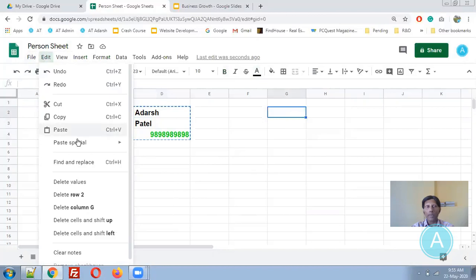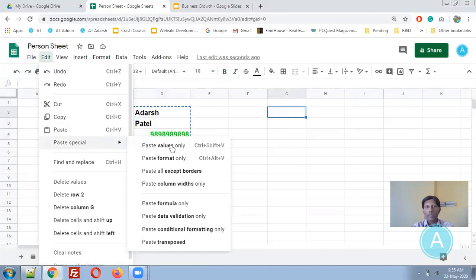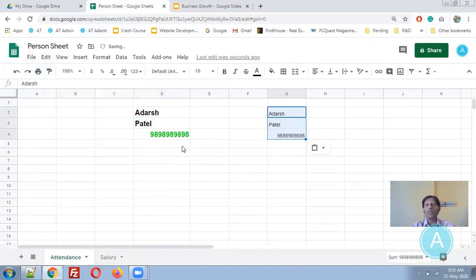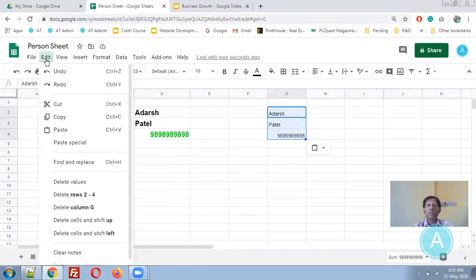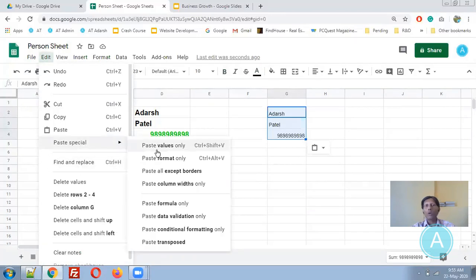I'm going to the edit menu, going to paste special. I'm using paste value. Now you can see, only text has come, no formatting. So this is something you need to use sometimes whenever you are copy pasting from some websites. So much formatting comes along with the particular text, so you can use the paste value option to get only the values from this particular text.